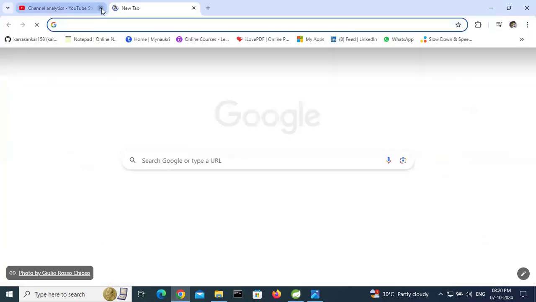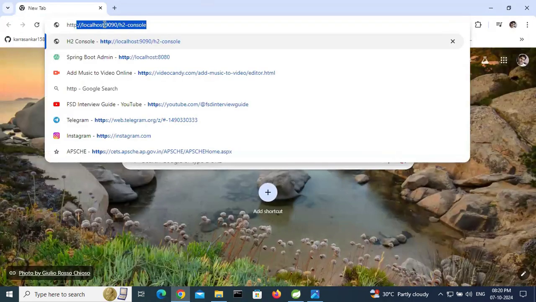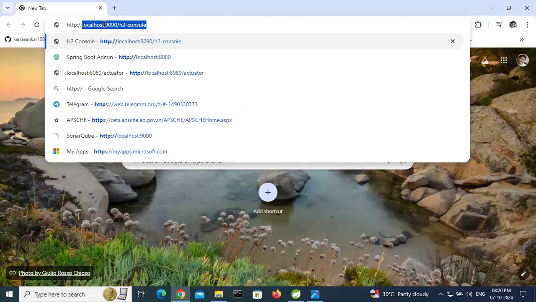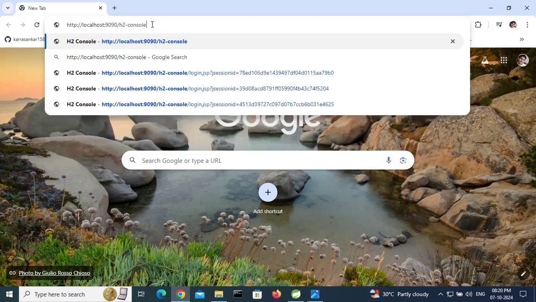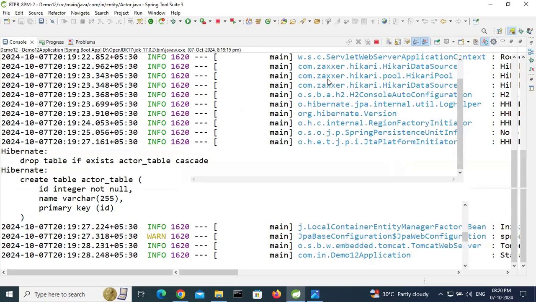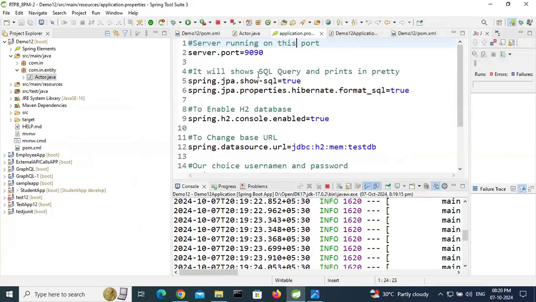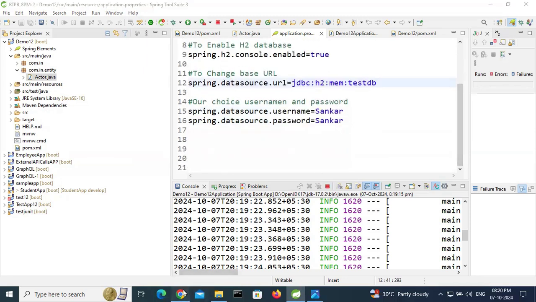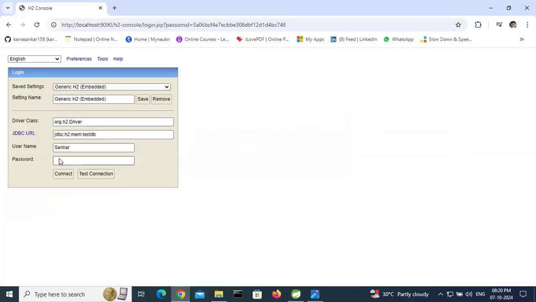To access the H2 console, we need to open http colon double slash localhost, I'm using port 9090, slash h2-console. This is the h2-console, and this is the console password. This is the JDBC URL we are mentioning in application.properties. Port 9090 is for accessing the H2 console, and up to here it is fixed. Then testdb, username, and password. So all these details appear by default. We need to enter the password,